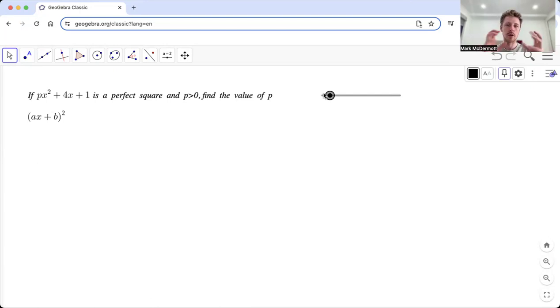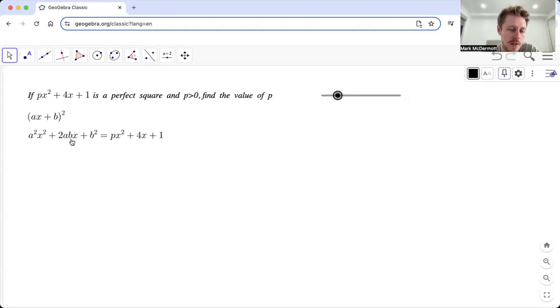So a perfect square is a binomial. So it's got two terms, (ax plus b), where a can be any number, plus b all squared. So that's what the definition of a perfect square is. And so if we just expand that out, we're going to get, if we just look at the left-hand side here,